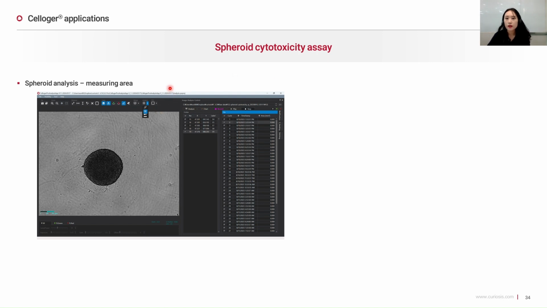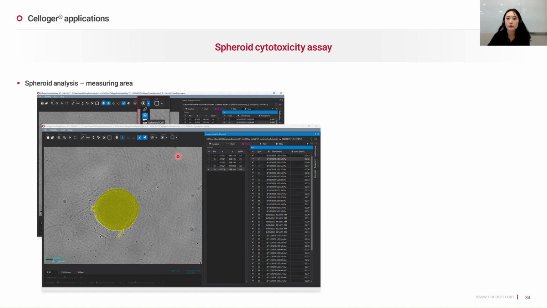The software automatically detects the spheroids and calculates area for you, which is quite similar to the wound area measurement process. To do this, simply upload the time-lapse images captured with the Cellular Scan software. Then from the top menu, select Spheroid cell under the Analysis tab, and the spheroid will be highlighted in yellow as shown here. After that, click the Analysis button on the right,